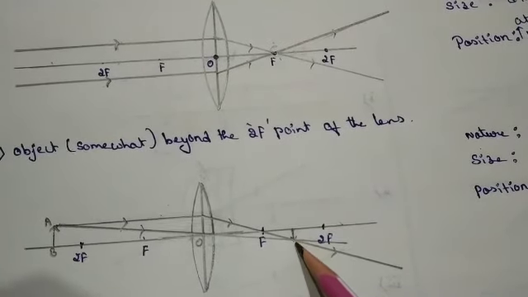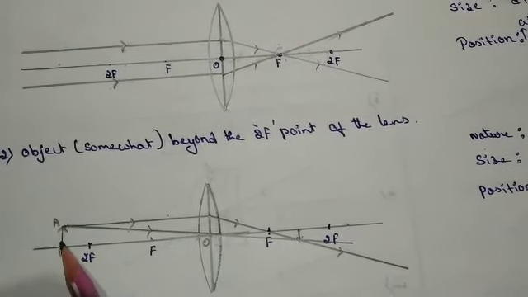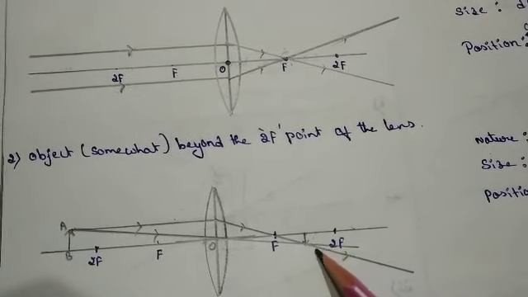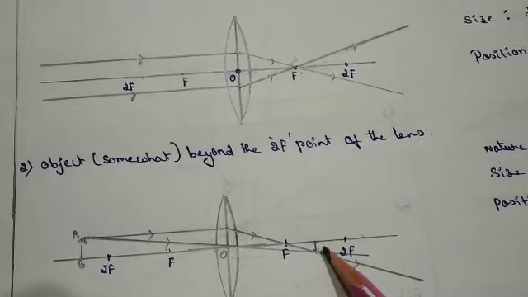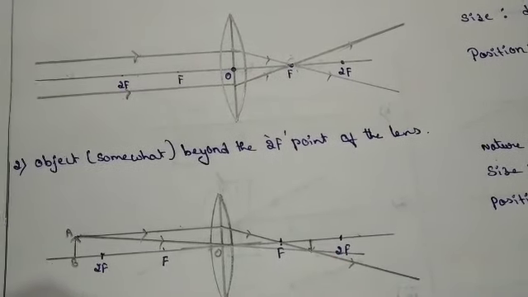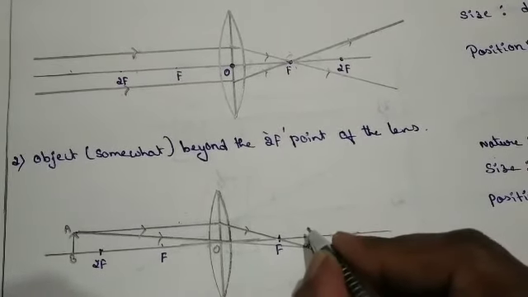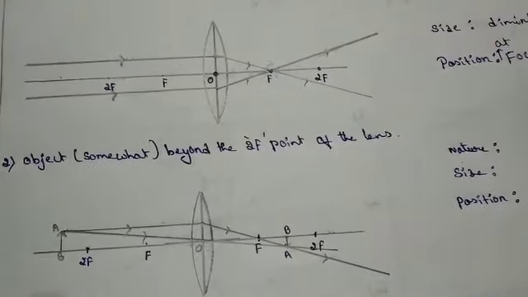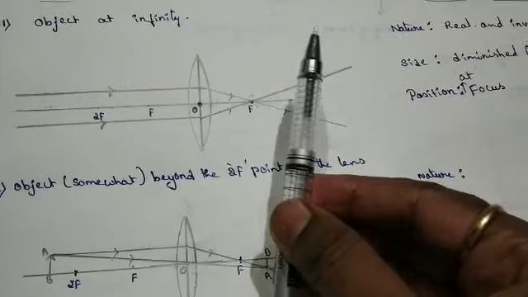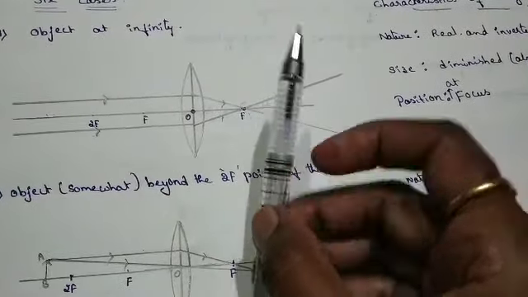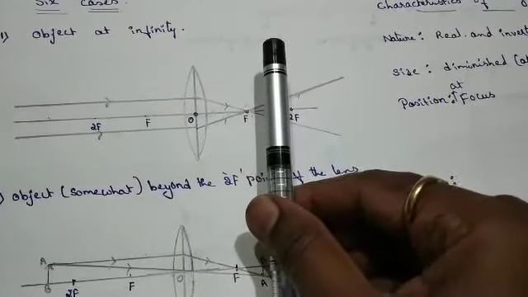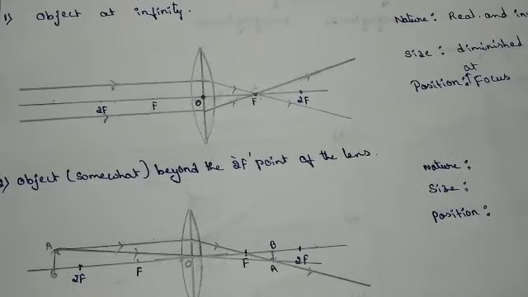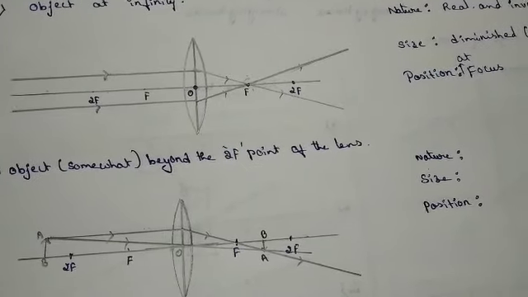Here only the image is formed. You can see here the object is kept above the principal axis, but the image is forming below the principal axis. Meaning it is inverted. This is B and this is A. Inverted is nothing but if the pen is standing like this and it is formed in this way, it is called inverted. Just like the reciprocal, what we say in mathematics. Inverted is nothing but ulta.